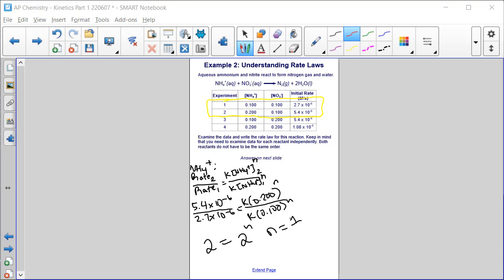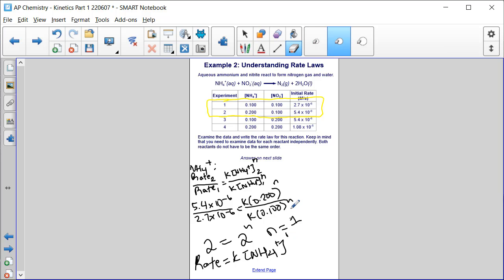So what we could say is for the first reaction is that the rate is equal to K times the concentration of NH4 plus to the first power, right? Which of course we generally don't write the power if it's a 1, right? So this is how we would write the rate with respect to NH4. So I'm going to stop here, summarize this answer on the next slide before we move on to looking at the second